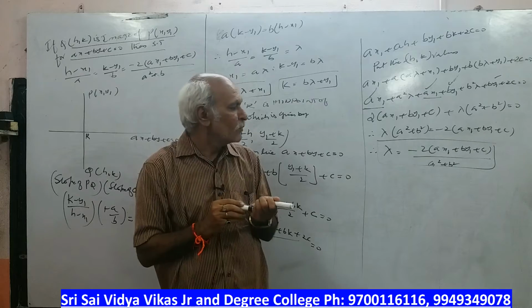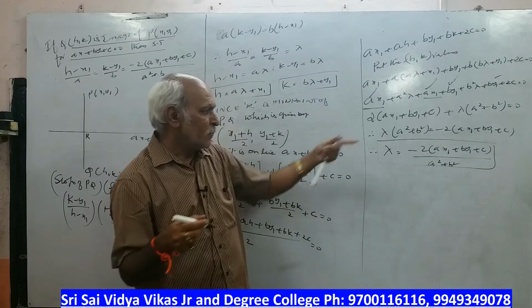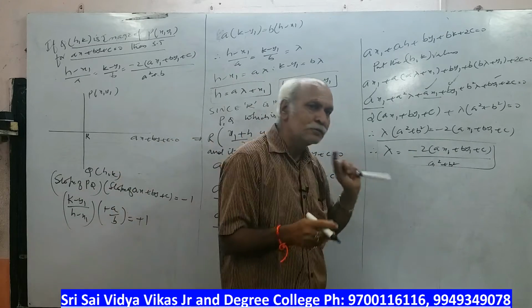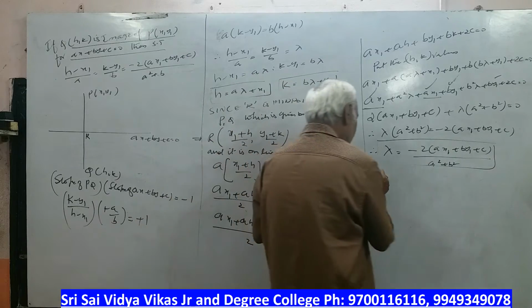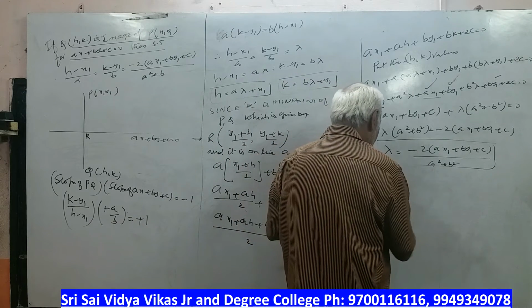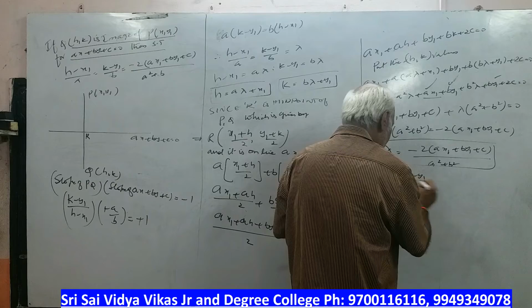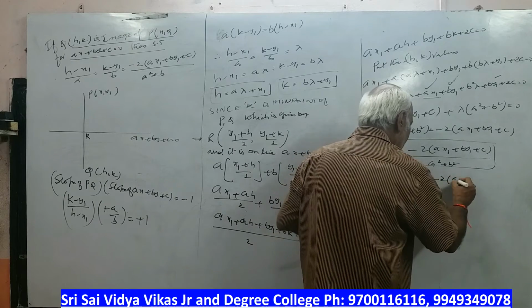We got this value. So what is the lambda value? In the previous one also we got lambda, but without 2. Now here 2 is there. Therefore, (h minus x1) by a, (k minus y1) by b is equal to minus 2 times of